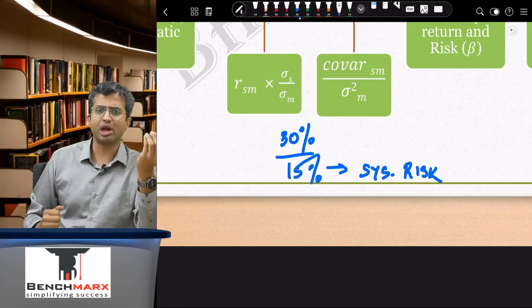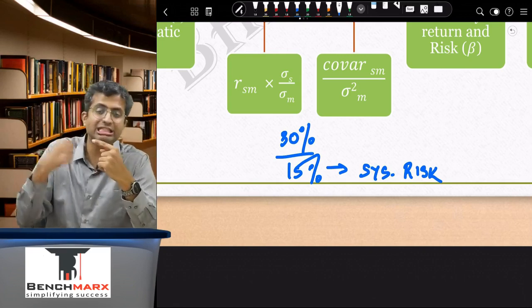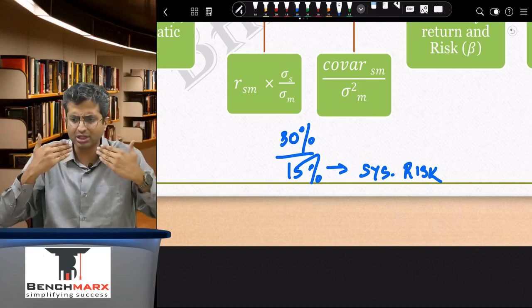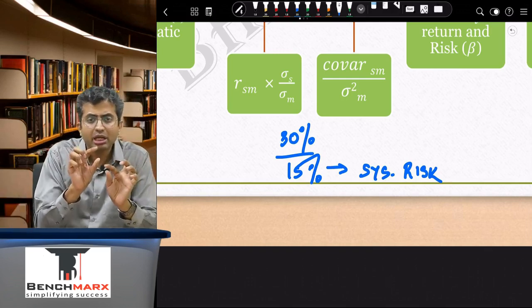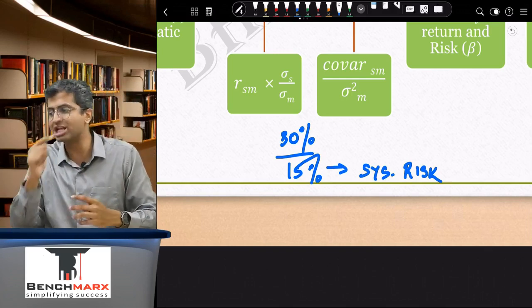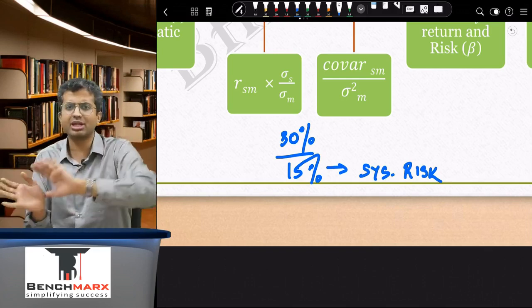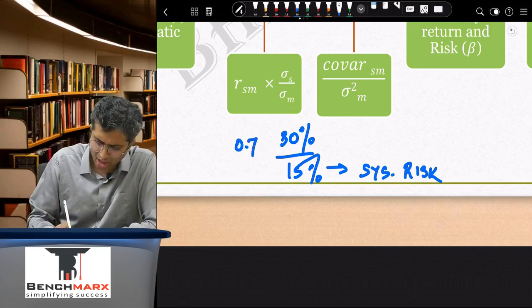However, William Sharpe believes that in times, in instances where you have moved in tandem with the market, Sharpe believes that the market moves only due to systematic factors. So in scenarios where you have moved in tandem with the market, those are the times where your movement was systematic, other times your movement was unsystematic, and hence Sharpe says, okay, let us try to find the correlation